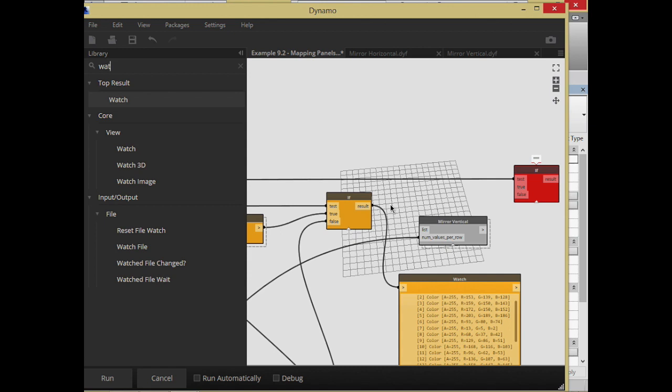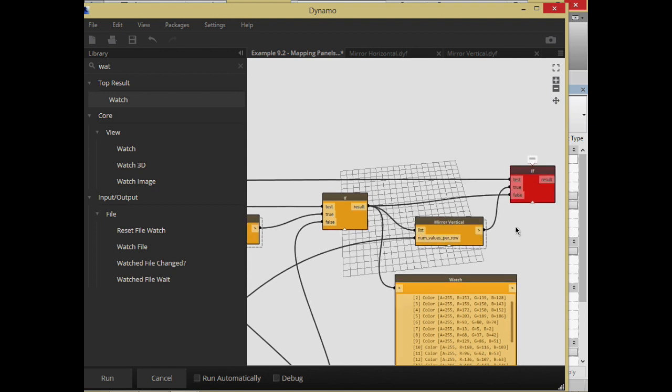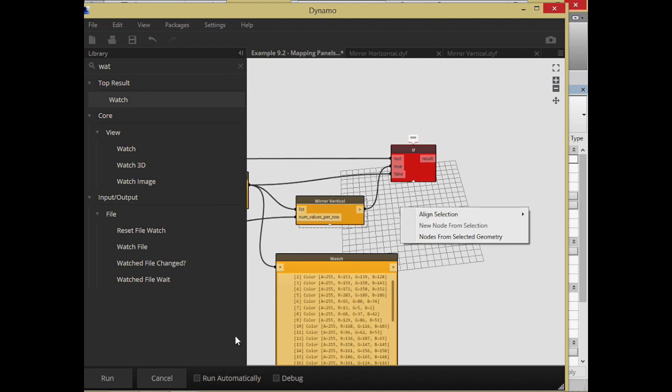Okay, so that'll look like this. We'll say, let's take that old result, and if no mirroring, just pass it through directly. If you do want to mirror it vertically, we'll pass in the list and pass that through as the true. Okay, and now we got a result. Okay, and hopefully that result